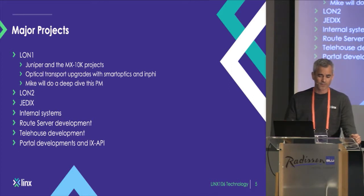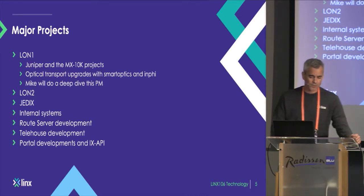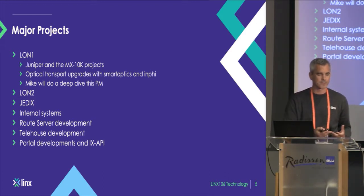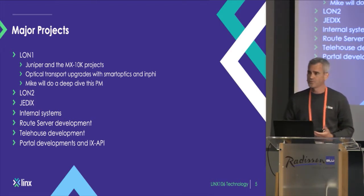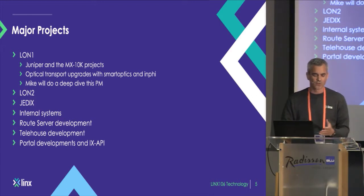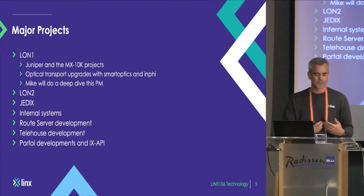And the goal there for us is really to say, well, do we need to keep running the PTX 5000, which runs our core at the moment? And a lot of the driver there is cost, so we get better concentration of 100 gig, we get better port price, and obviously the cost to support the MX 10K from an annual bill with Juniper. I'm sure we've got some Juniper in the room. The cost of supporting the MX 10K is much better than the historical cost of the PTX 5000 as well. So we're working with Juniper to challenge around what we pay each year,